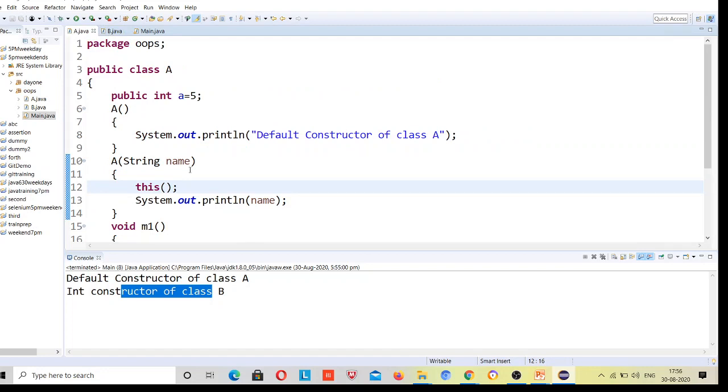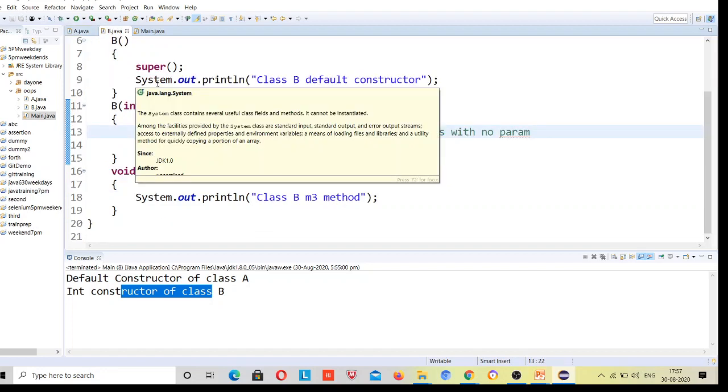After that it came to line number 10, and here it is calling the default constructor. That means it is going to line number 6. So it will print the default constructor of class A, and after that it will print line number 13. Okay, this is what I'm thinking. I'm not sure.